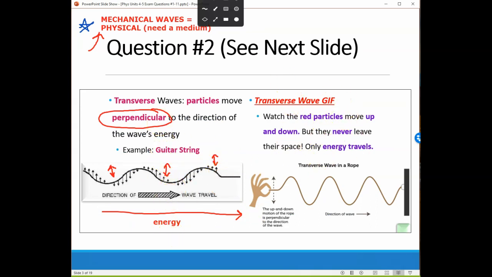So again, particles are moving up and down. We can see this in a rope, right? So each part here is moving up and down, even though our energy overall is going to the right. So this is perpendicular, and we can see that there. All right, question number